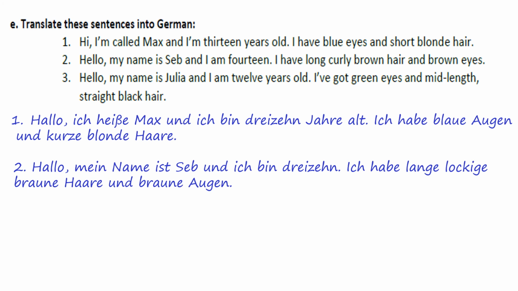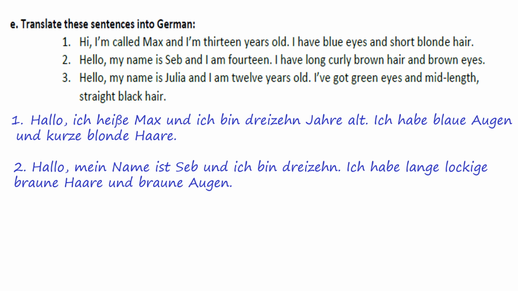Question 3 then. Hello, my name is Julia and I'm 12 years old. I've got green eyes and mid-length straight black hair. Now with this one it says I've got, and it's actually exactly the same in German. You would just say I have, but we sometimes would say I have got instead of just I have. Okay, so it's the same phrase in German, but it's slightly different in